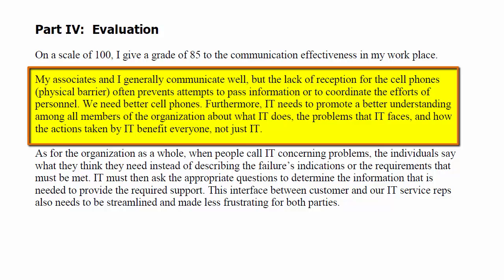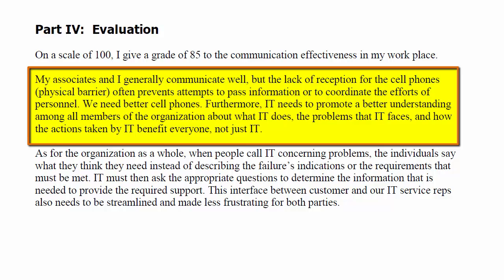Furthermore, IT needs to promote a better understanding among all members of the organization about what IT does, the problems that IT faces, and how the actions taken by IT benefit everyone, not just IT. So he is justifying the score that he gave by pointing out and generalizing about the problems that he sees